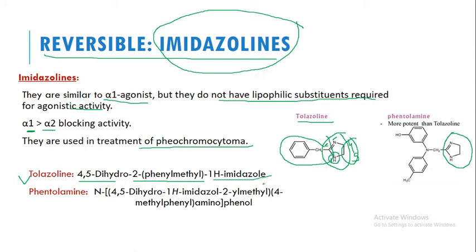So 1H-imidazole. In this way you can give a nomenclature, because in the exam the drug structure is given and you have to predict the nomenclature. Or the nomenclature is given, and you have to predict the correct drug or suitable nomenclature. Such kinds of questions are generally asked.